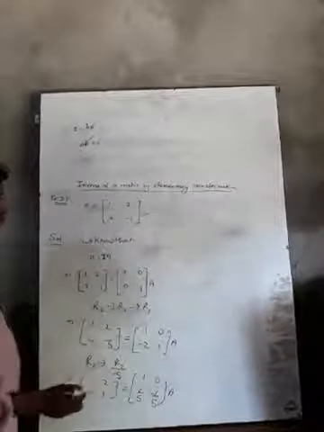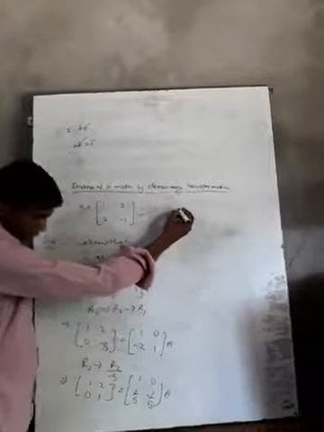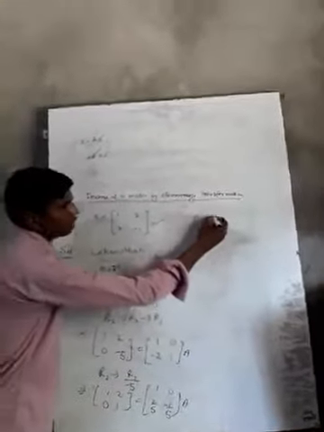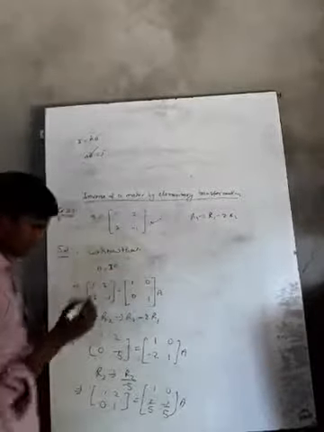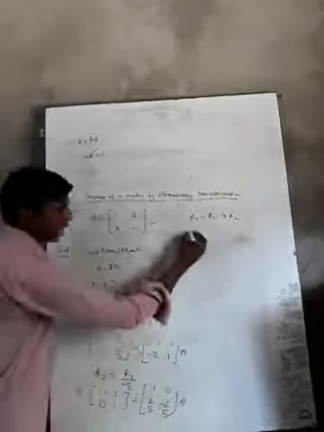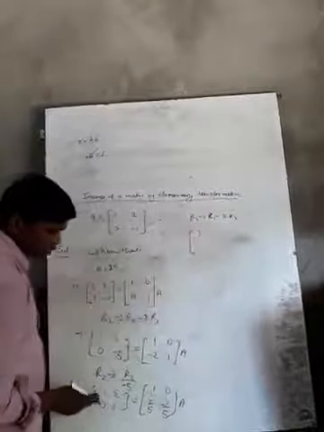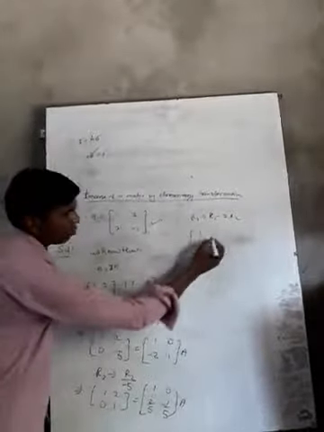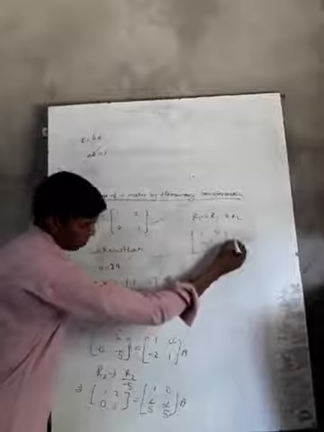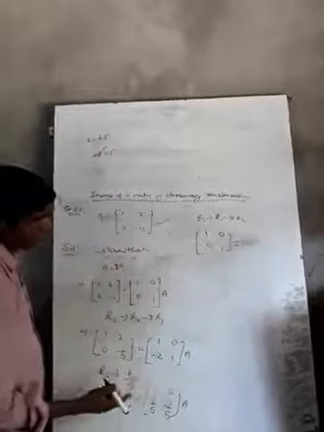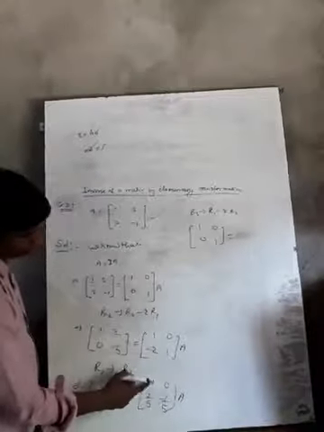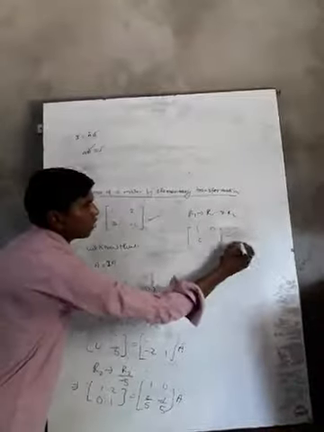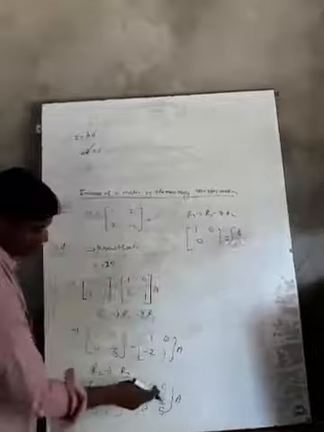Now we need here only 0. So now 2 minus 2. Then we can write here at the last R1 is going to be changed as R1 minus 2R2. R1 minus 2R2. It can be written as R1 1 minus 2R2. That one will be 2 minus 2. It will be 0 0 1 equal to R1 minus 2R2. 1 minus 4 upon 5 will be equal to 1 upon 5.